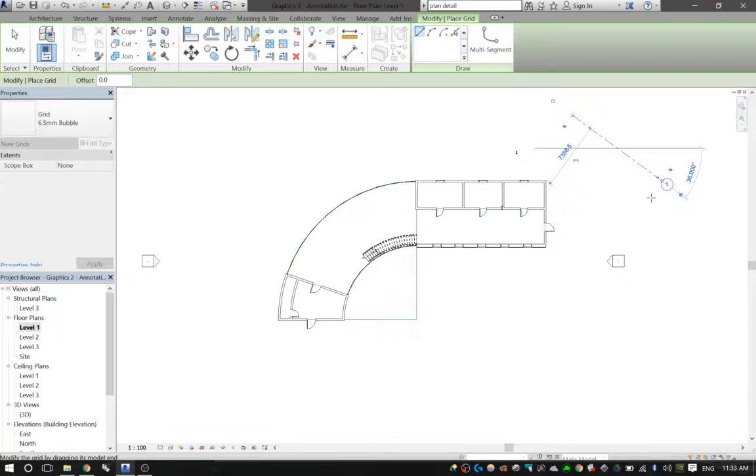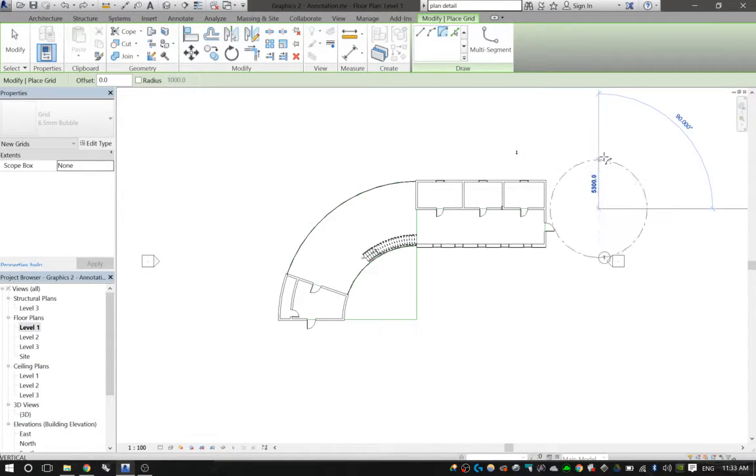We can draw a grid from a line. I believe we can do a curving grid, which is pretty neat. Yeah, an arced grid, which may come up if your project is primarily organized around a curve or a radial kind of layout. We can also pick something that's already in our file,